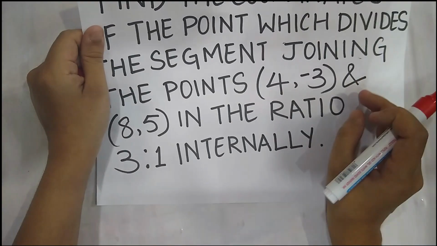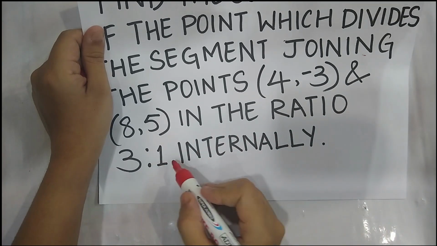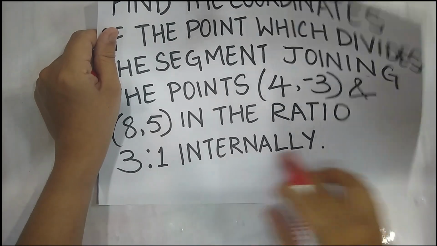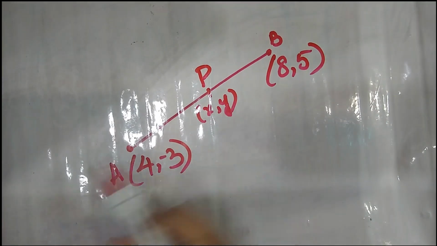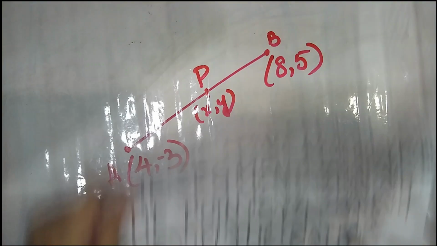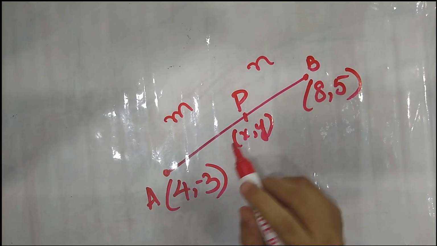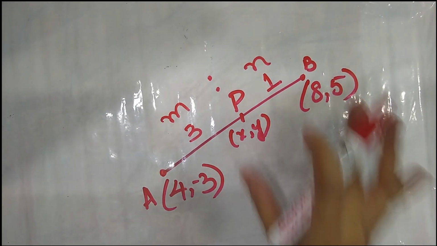What else is given? The two coordinates, and what we have to find. And also the ratio is given, 3:1. And look at this carefully. It's written internally. What does this word mean? Internally means that it's within this line segment. It's not anywhere outside the line segment. So the ratio given here is 3:1. Let us mention that. Previously in the derivations we used m:n, right? So this m:n, according to this question, is 3:1. So we just write that down.